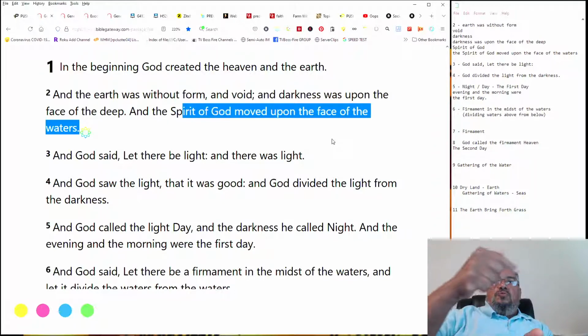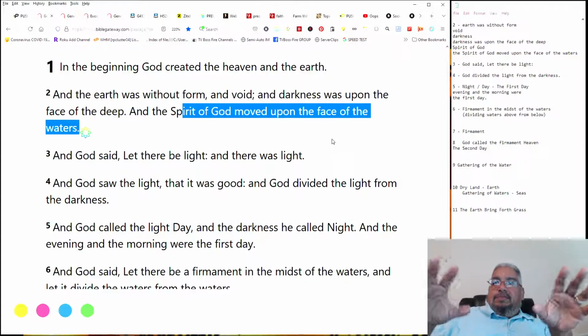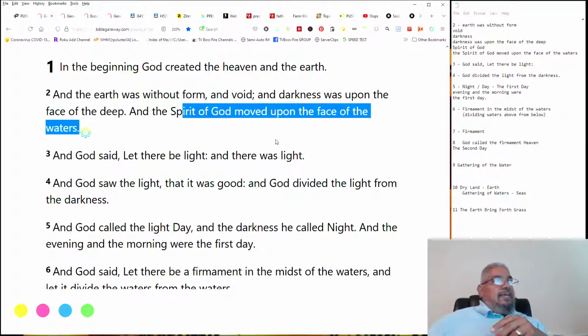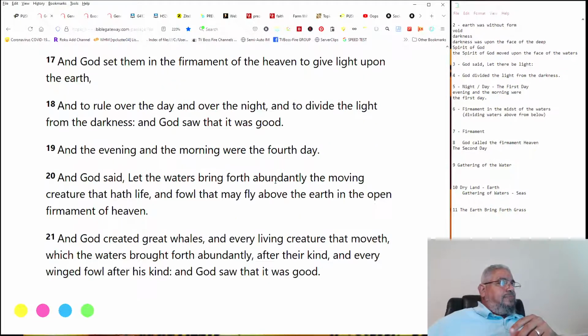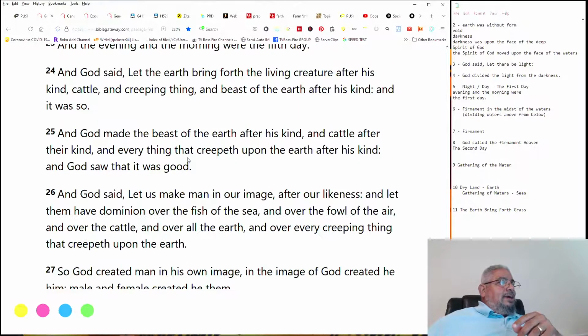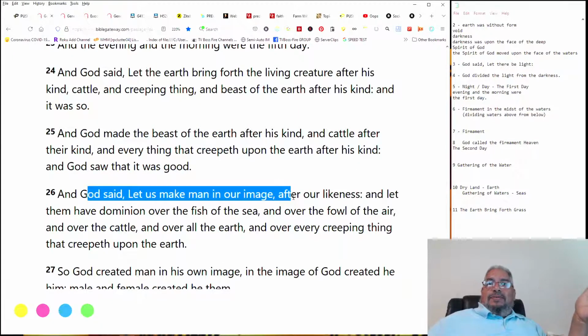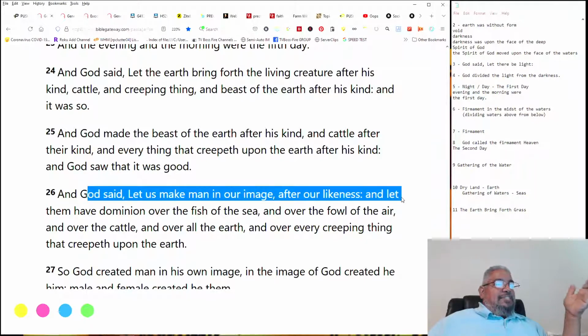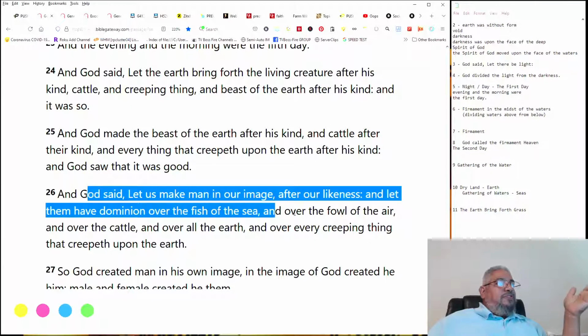So you think you messed up my experiment here, what I was doing? You haven't. From the dust of the earth, as God says here, and God said, let us make man in our image, and after our likeness. Vamos a hacer el hombre en nuestra imagen, and let him have dominion over the fish of the sea.